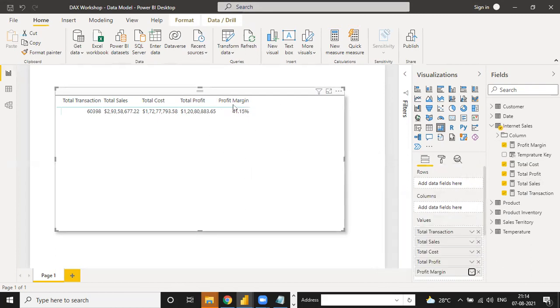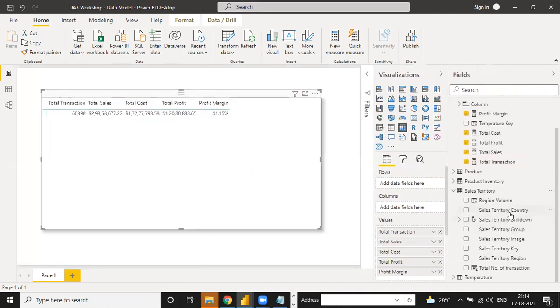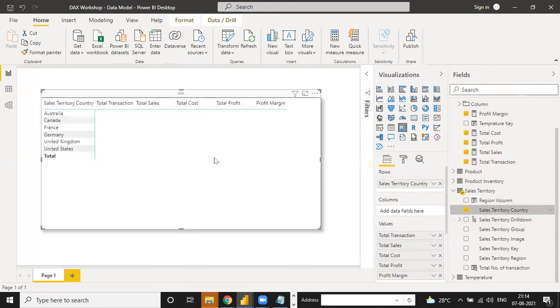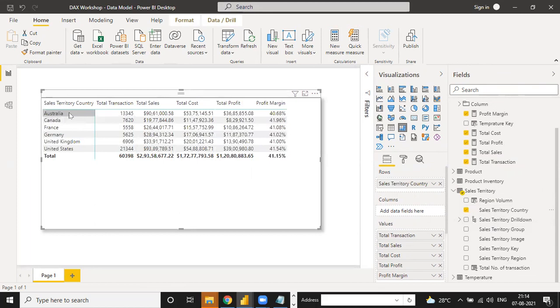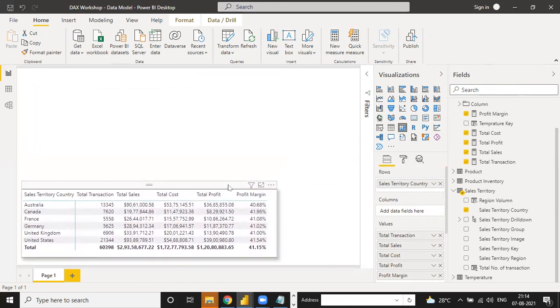So what is the impact on this table when you move in, for example, sales territory country? See, for Australia, total sales is 13,345. Total sales is divided as per country, and total cost, total profit, and profit margin too. The whole thing is divided together. That is the main use of this kind of measure, and the main reason for creating it.